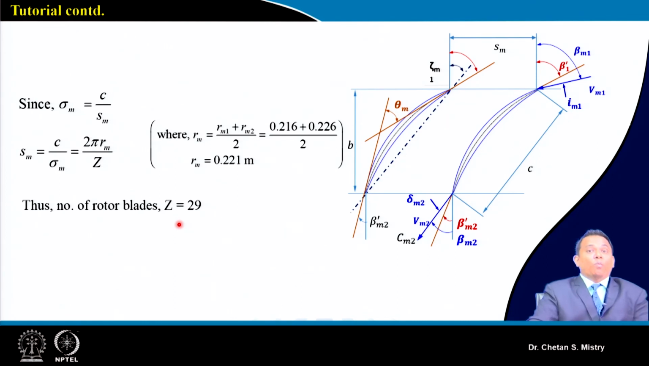Okay, so whatever diffusion factor you select, based on that you will calculate your solidity, and based on that you will arrive at your number of blades. Now here it may be possible that your designer will put some constraint in terms of the number of blades to be placed. Mechanical engineers will have their own constraints in terms of accommodating the number of blades